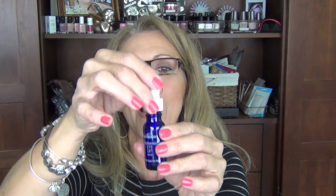I take 2 very small drops on my fingertips. I just massage it in lightly, and then I pat that all around the underneath of my eye, over my eyes, my brow bone, and I just pat it in and allow it to set. Okay? So you don't have to do this. But me, I'm a skincare addict. I do it, okay? And again, I'm drawing moisture into my eye area and helping to plump up just slightly, okay? Now the next thing I'm going to talk about,